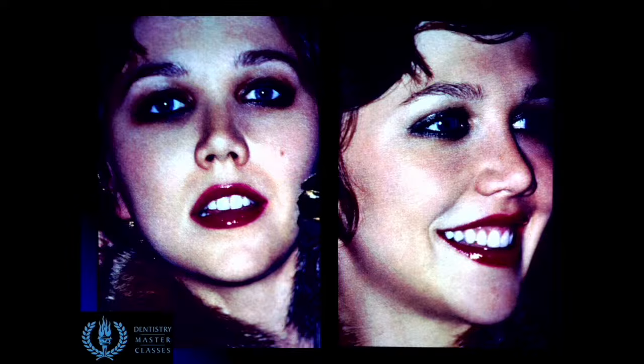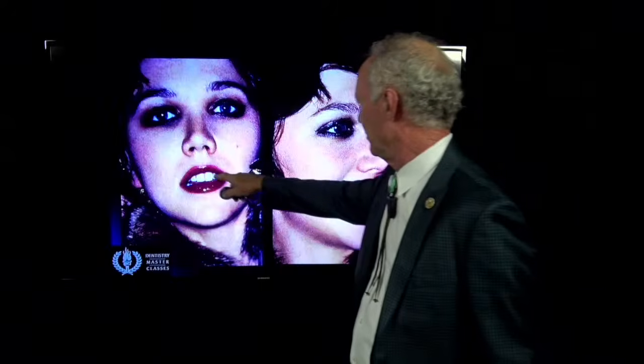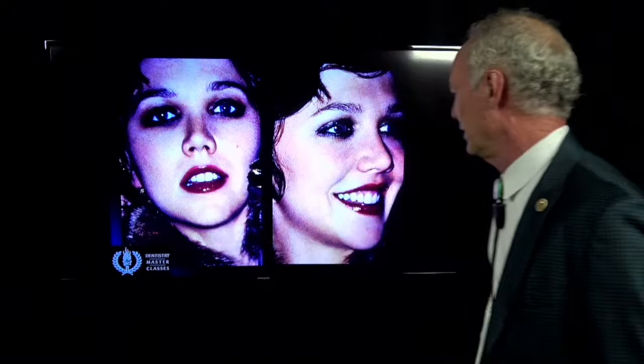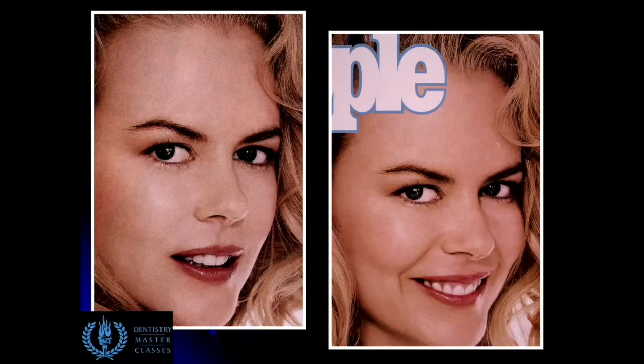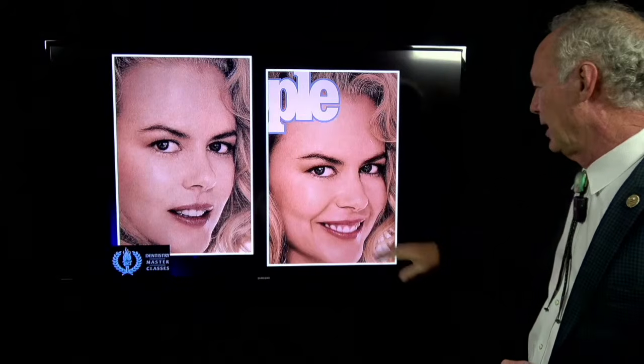So when she goes to full smile, she's probably moving the lip 3 millimeters. She's got a moderately arched lip, and she's got a gummy smile. So what if those teeth were only, say, 7-8 millimeters long? Then you might want to consider